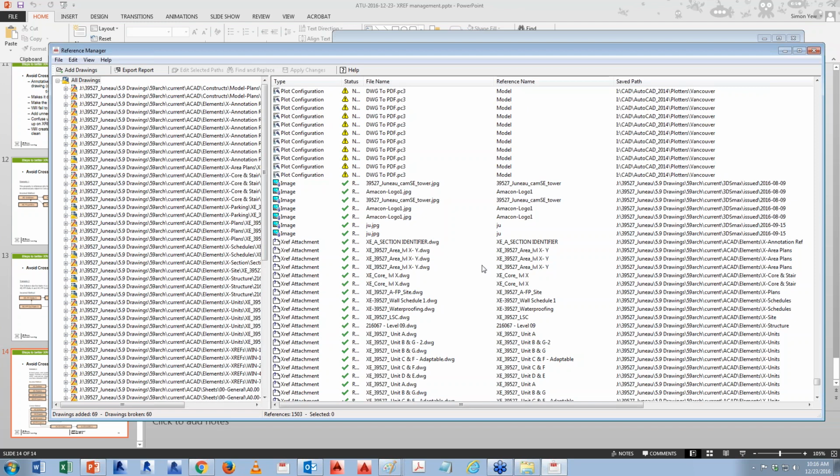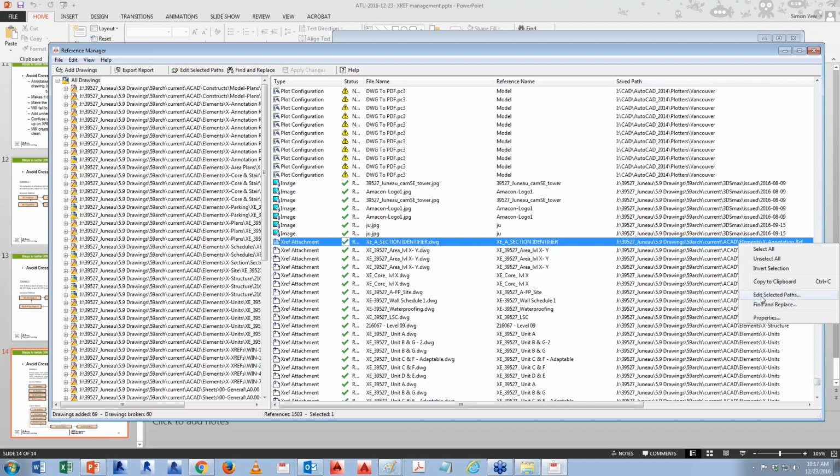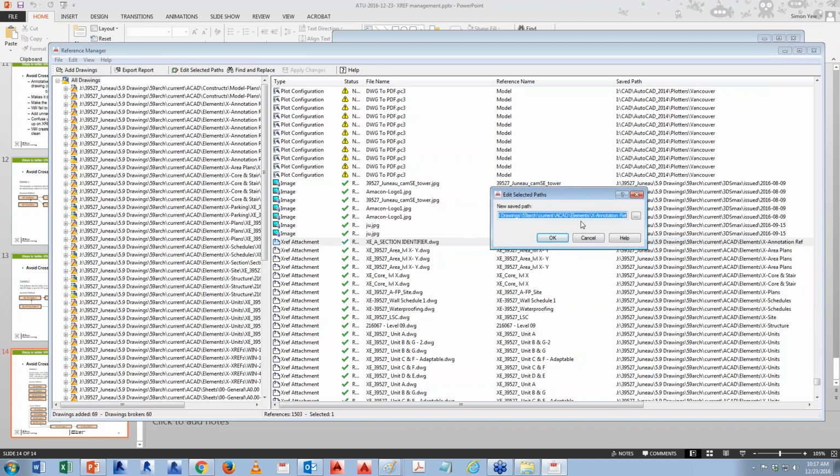You should always copy it and put it inside that folder so that you avoid this scenario, because when you start moving projects, this thing no longer will show up. So for this one, if you want to do it, just go Edit, Select Path, and then remove the first line up to the AutoCAD, and just call it